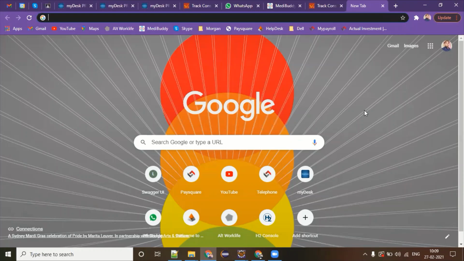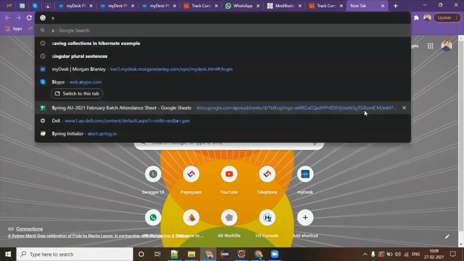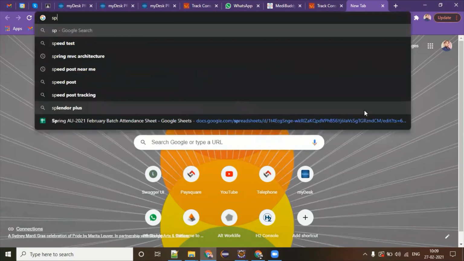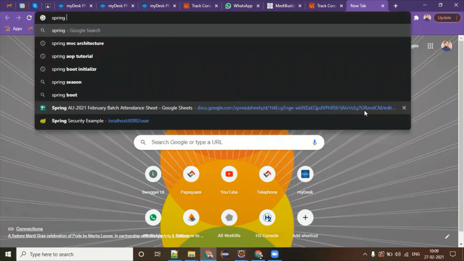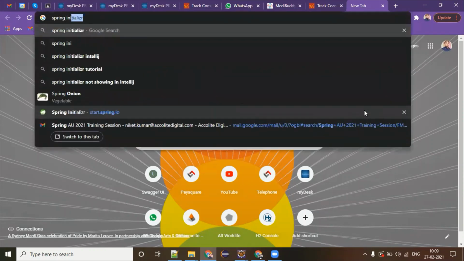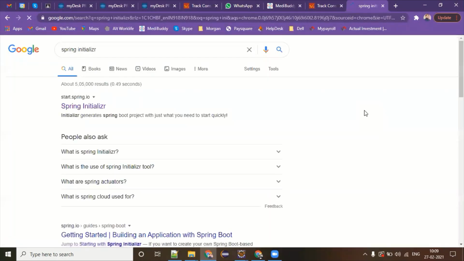So what the Spring Boot people recommend is, rather than creating a scratch project in your IDE or in your folder structure, they have given a very good tool which you can actually trust. That's called the Spring Initializer. You just have to type Spring Initializer in your Google Chrome.